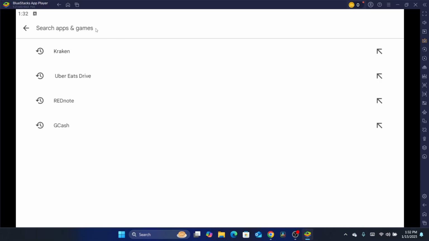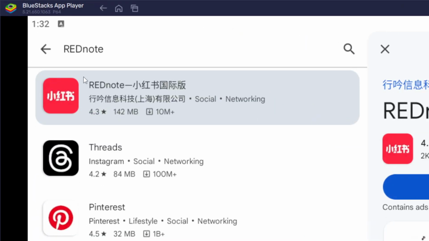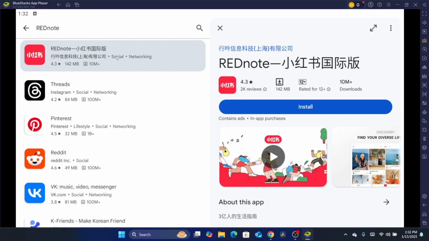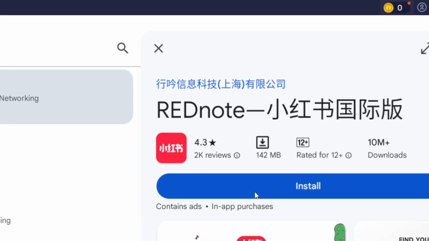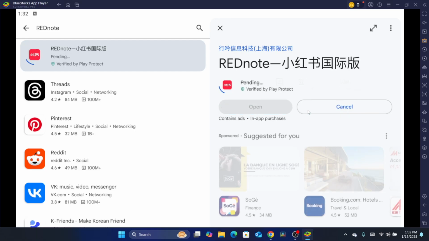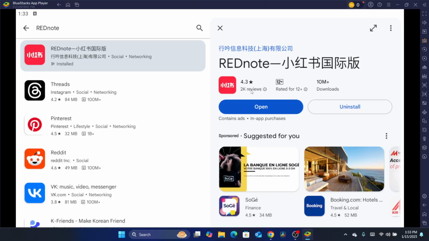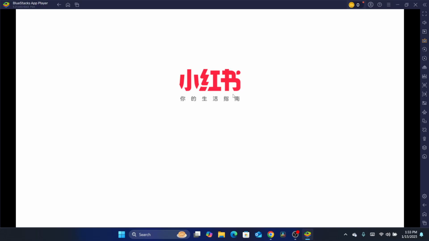That's what I'm going to do right now. As you can see, just search here for REDnote, and click on the first app. After that you want to click on install. After you click on install, it's going to take a few seconds. After the app is installed, you just need to click on open, and now you will be able